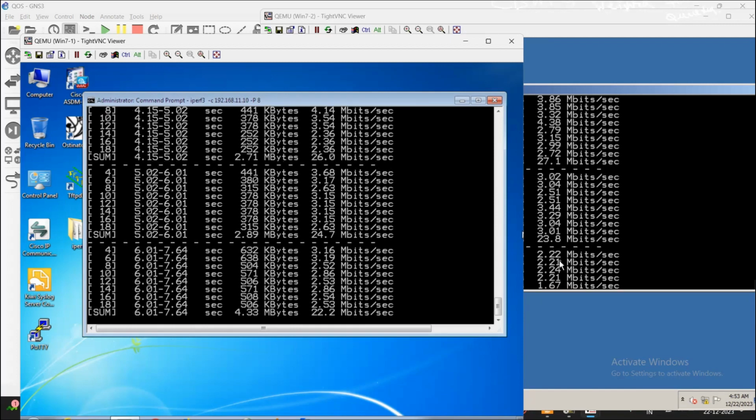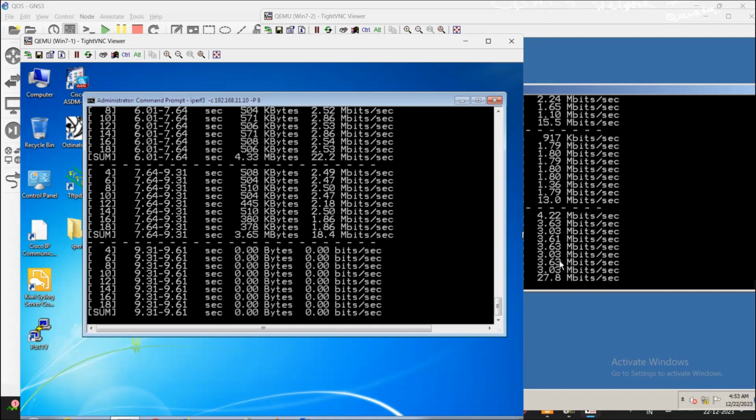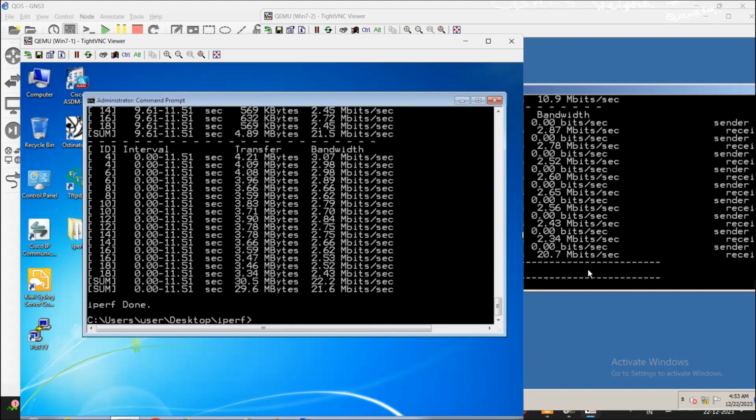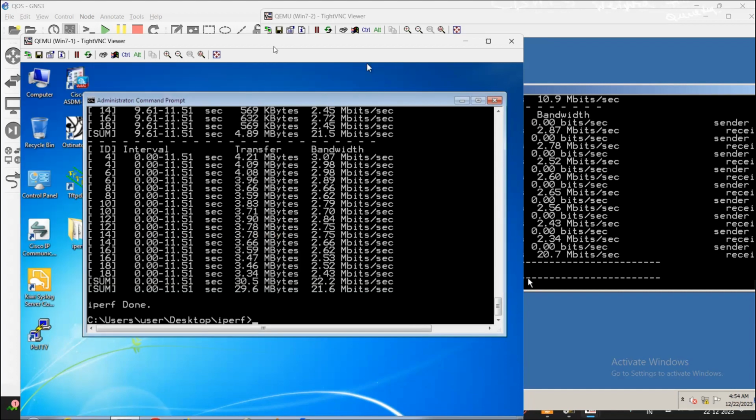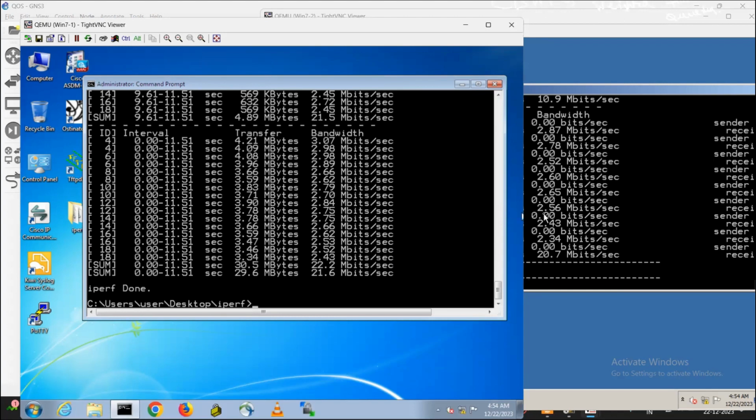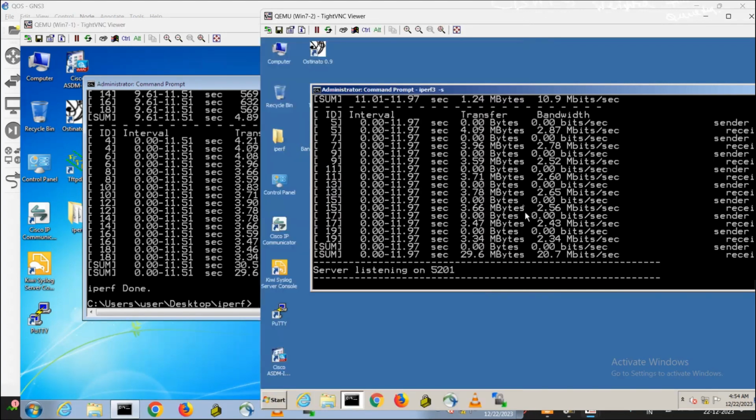Because now there is no policy applied, I should be able to get more bandwidth. See, now 29.6 Mbps is the bandwidth I'm going to receive. Clear? So this is how we can shape the policy.